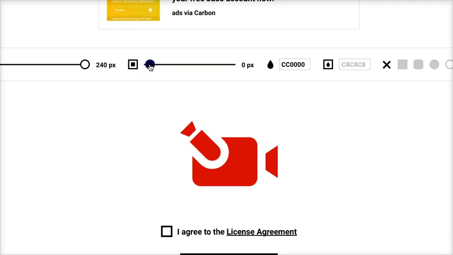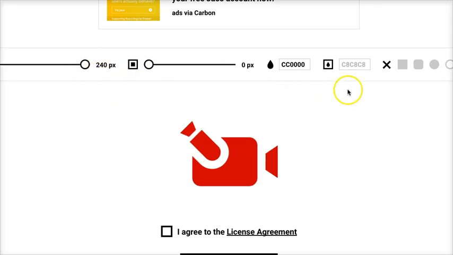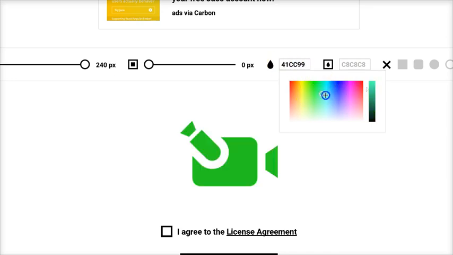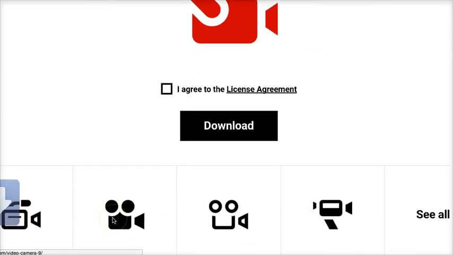All right. And you can choose here to play with the dimension and a lot of other things, but the main feature here is that you can color your icon. So you can choose by color code, or if you just play around with this, you can color it the way you want. And this is really great because once you download it, it follows the colors that you have chosen. All right, you just say here agree and download, and here you are,